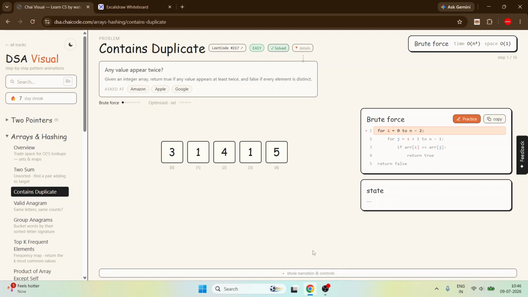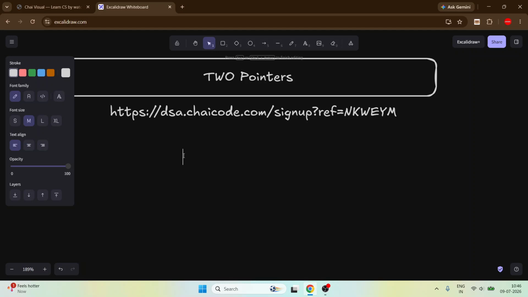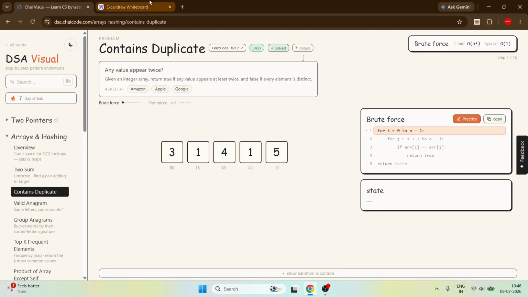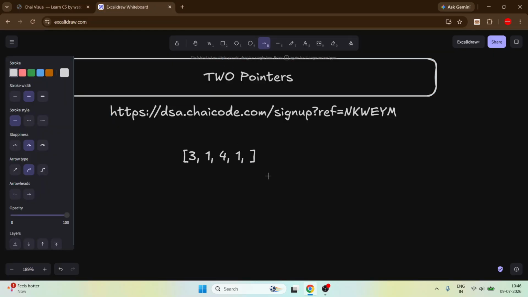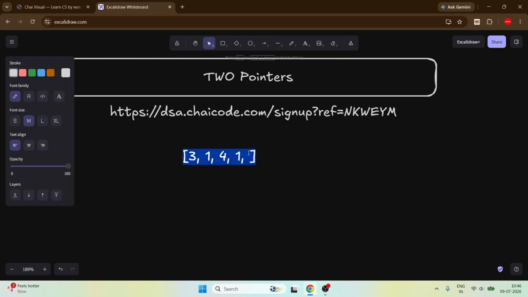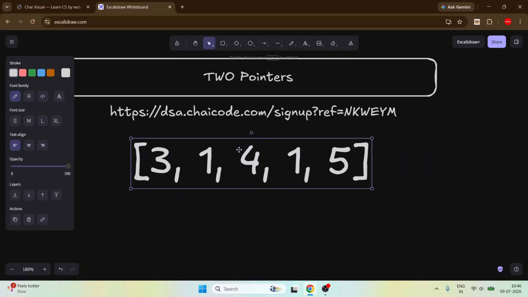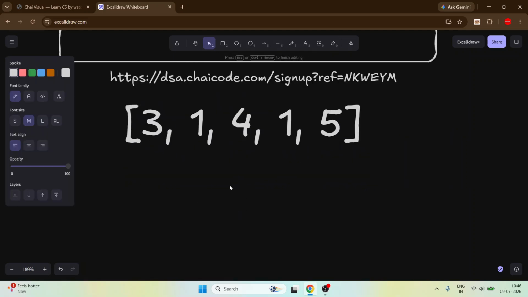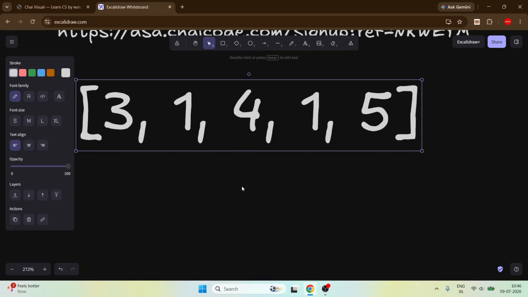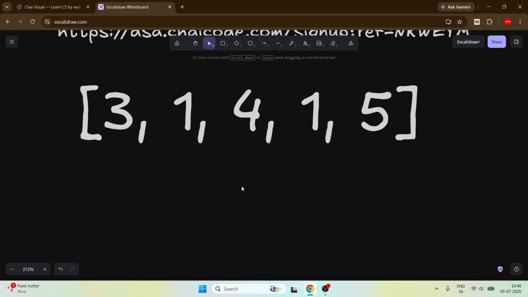Though before visualizing, let's think of it. Just take the array like 3, 1, 4, 1, 5. Okay, so this is our array. How could we find a duplicate in a very basic manner?